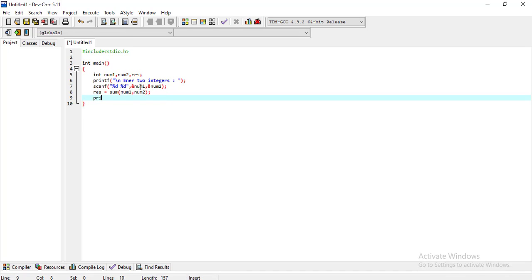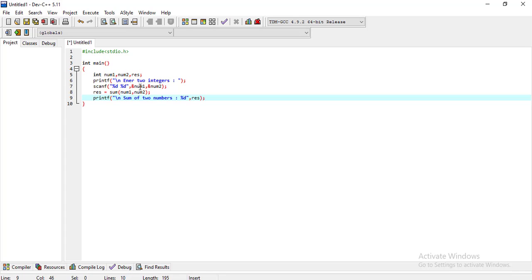So printf, and here you can use slash n to get the next line. Sum of two numbers, and the output is in result. So I have to print the result.